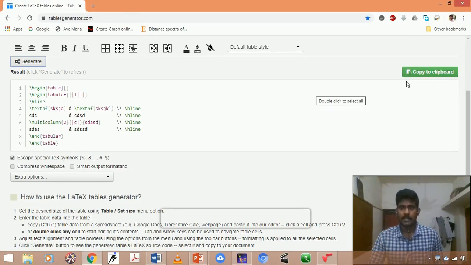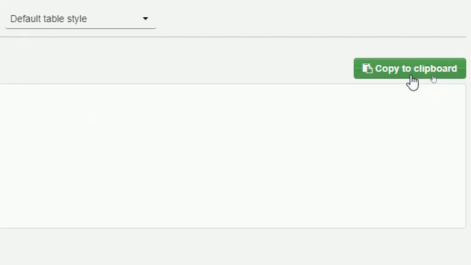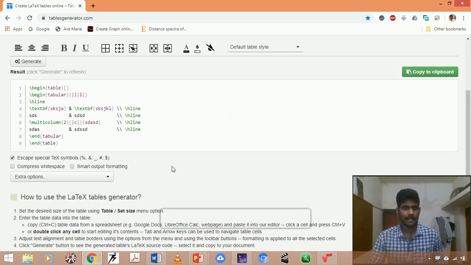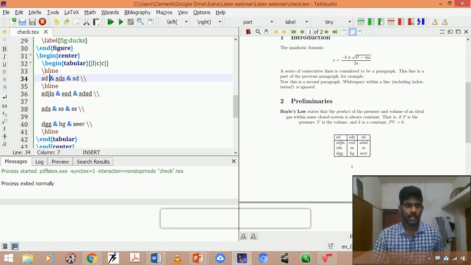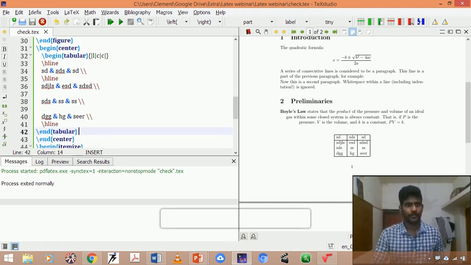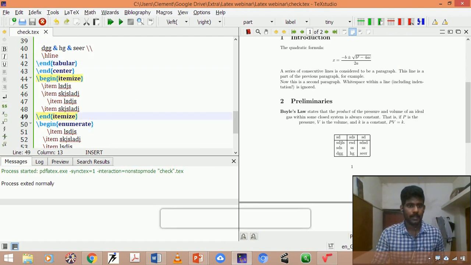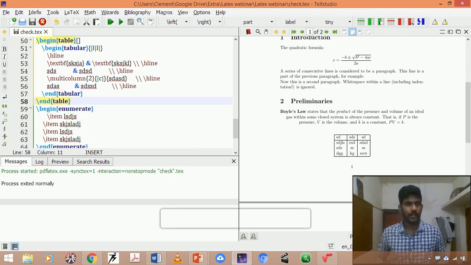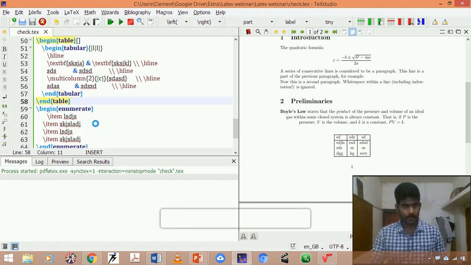Simply go there, copy to clipboard. It was copied as LaTeX code. You can paste it over here in your LaTeX code. That's it. Finished the process of table insertion by using this online tool.